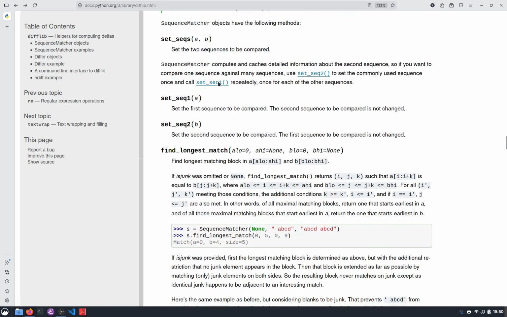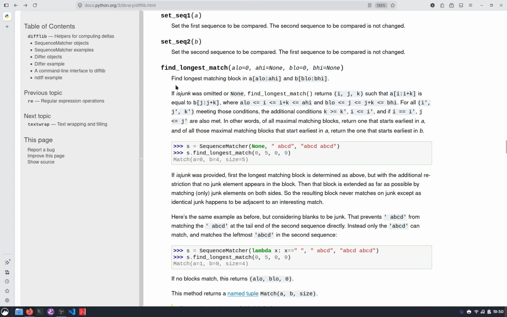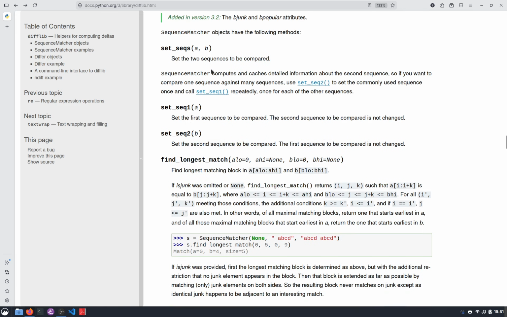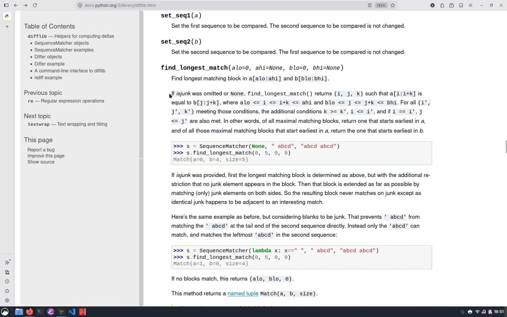And then we have find_longest_match, with alo equal to 0, ahi none, blo 0, bhi none. What it does is it finds the longest matching block in A, and it takes the slice of A between alo and ahi, and then blo and bhi from B. That is the sequence which we have set using either of the set_seq functions. If isjunk was omitted or none,